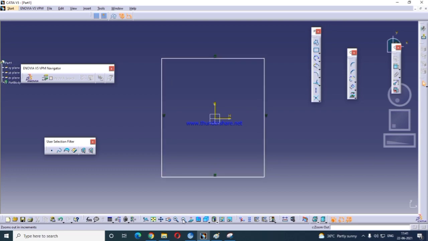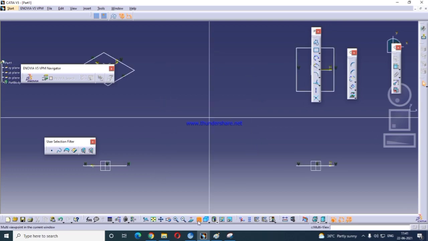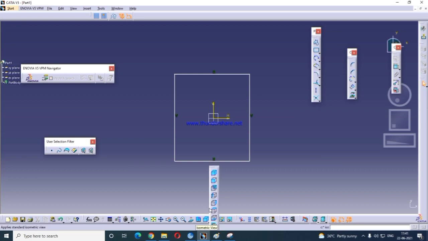This is the zoom option, this is zoom out, and multi-screen. Then if you want to change the views, you can change by using these options. View, create any shaded model, if you have a model.